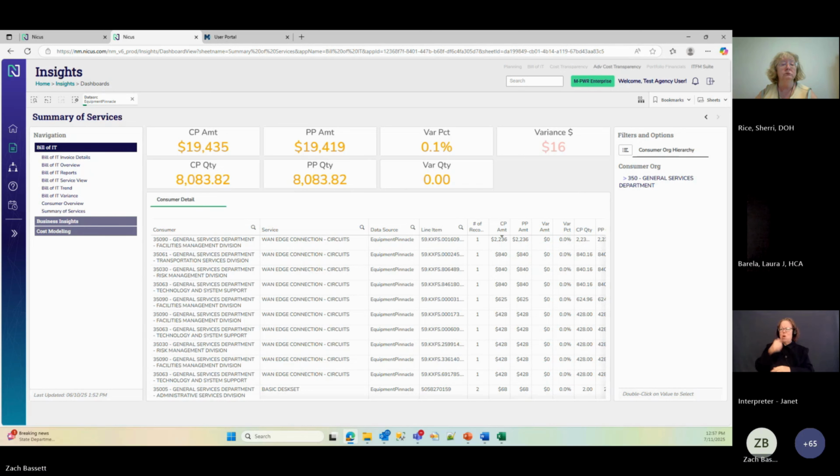Right. Okay. Super. Maria's got her hand up. Hi, yes. Will we be getting a new link to log in, or is it the same link as the previous version? It is going to be a different link. It should be tied to your single sign-on. So when you guys log into